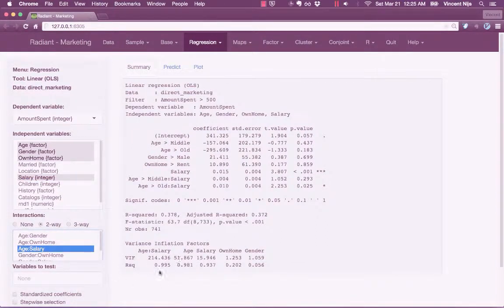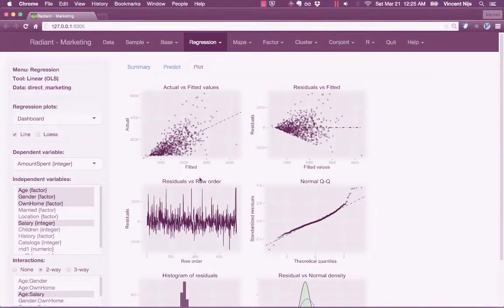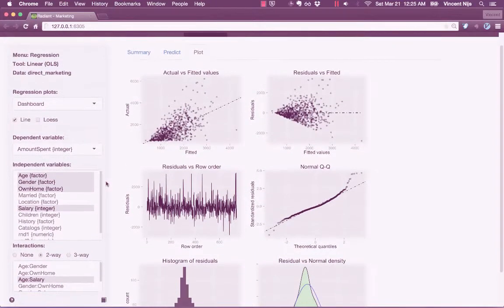I can see right away what happens to variance inflation factors. Okay, so it's very easy to play around with the data, play around with the model, and see how things change as I add variables. I can also quickly see what happens to the residuals when I specify different models. And even though this is a very poorly fitted model to this particular data set, maybe I want to create